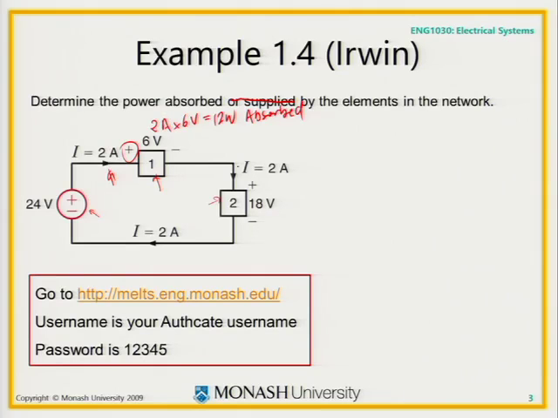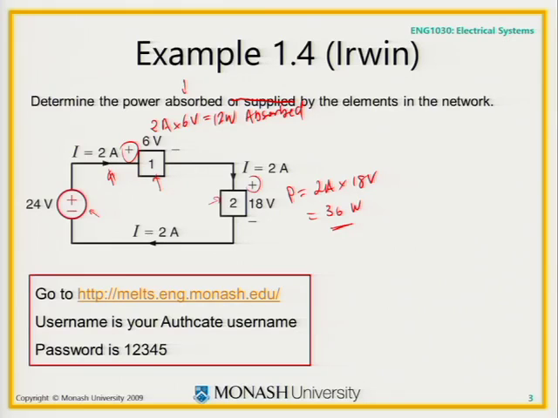Okay. Over here, the current is still 2 amps because there's nowhere else for current to go except through the elements, because we've only got one circuit. And this is entering the positive terminal, so therefore the power is equal to 2 amps times 18 volts, which is equal to 36 watts absorbed, because we're talking about the passive sign convention that says if the current